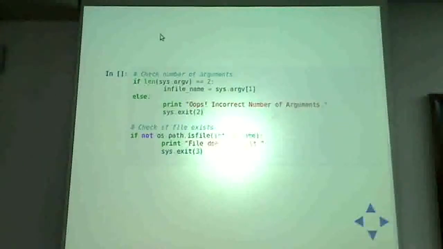Whenever a program is executed, the command line arguments are stored in a variable called sys.argv. So that's a list. When you give no command line arguments, the name of the program is the first element of that list. Any extra becomes the second, third, fourth, etc. That is why I am checking that the length is 2, because the first element of argv by default is the name of the program itself. Any command line argument is over and above that. So I need this to be 2, not 1.